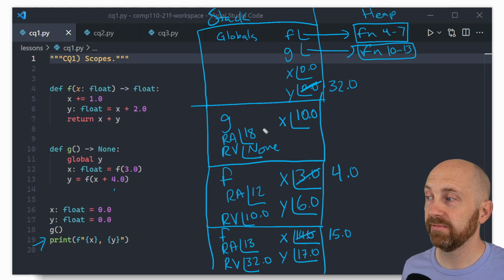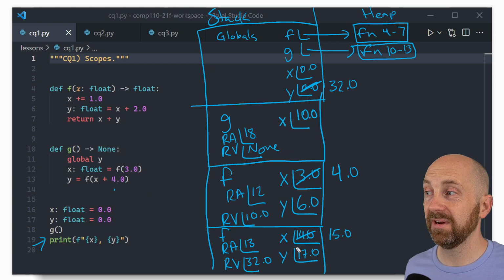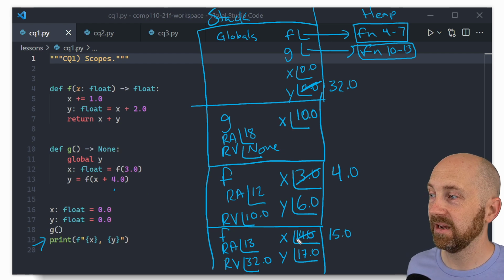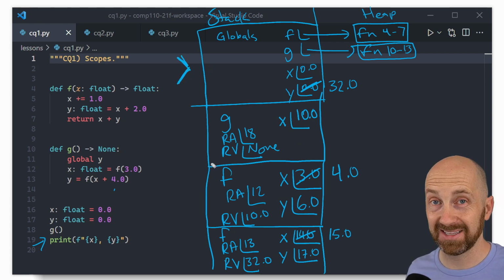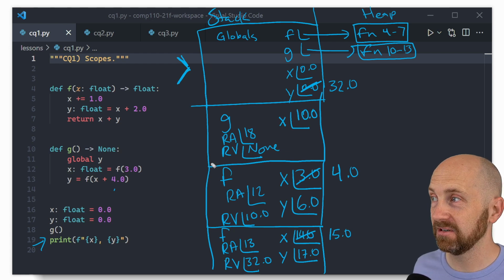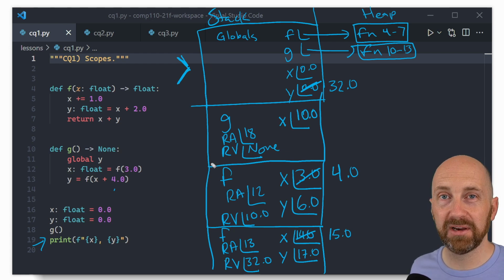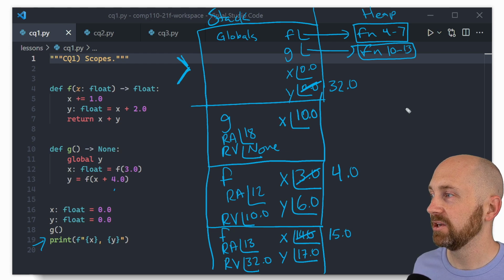So which x and y are we referring to? Notice we've seen 3 x's in the course of this program and now 2 y's. Well, we're referring to the x and y in the current frame. The current frame is globals. It's the lowest frame on the stack that is yet to return. You know, in globals, we don't really return any value. It's just where the program ends. So our output here